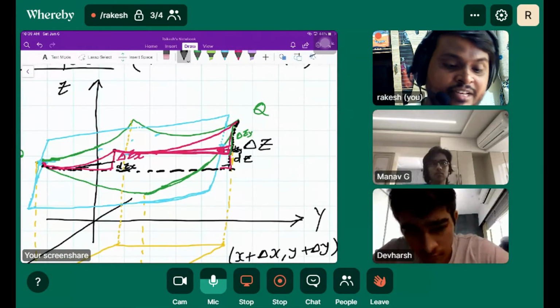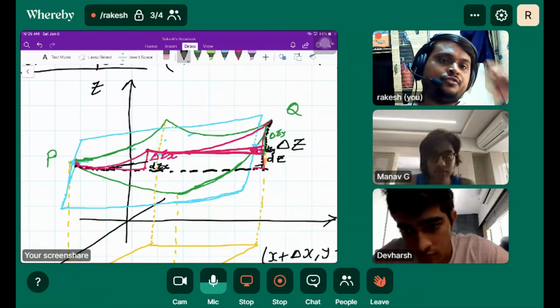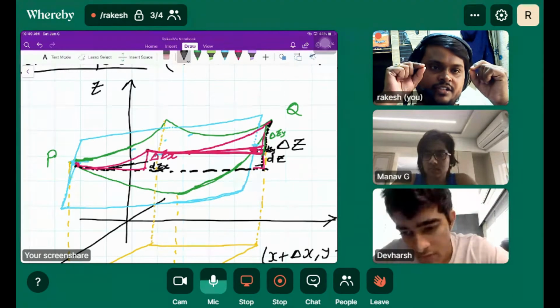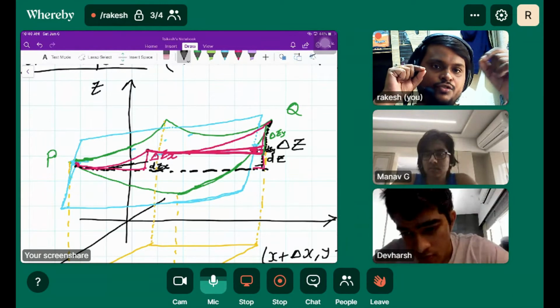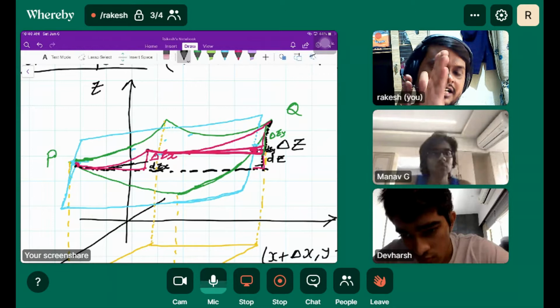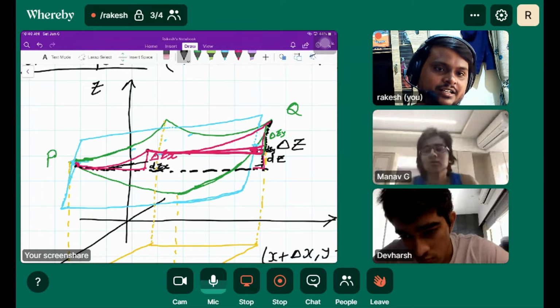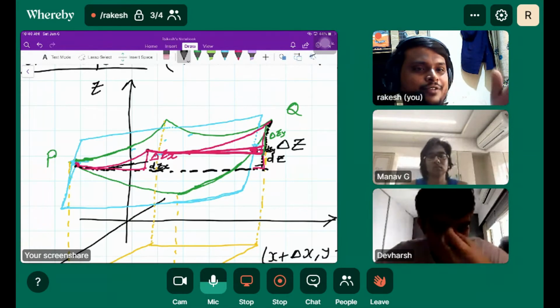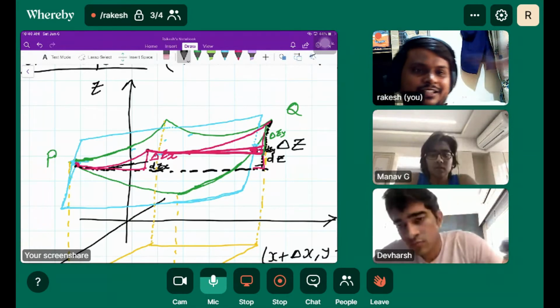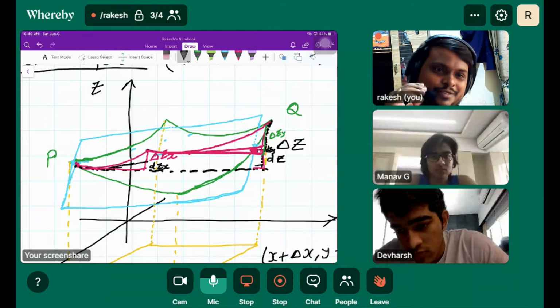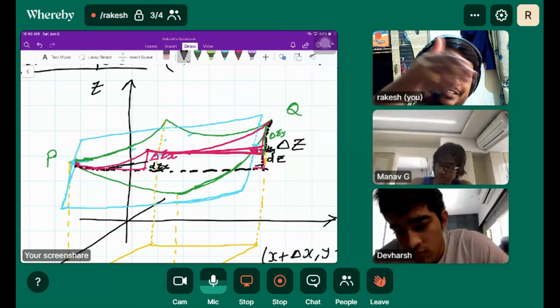Now you have to imagine first. You have to imagine properly. You don't have to accept this directly. What I'm doing here: you have 2 points on the surface, right? So how would I navigate my path to reach point Q? The very easy way is to go along the x-axis and then go along the y-axis, right? If we ask someone the path to go someplace, and they describe some zigzag manner, that's very difficult to understand, right? If he says go left and right, it's very easy, right?